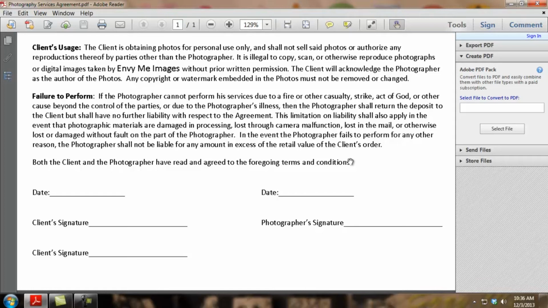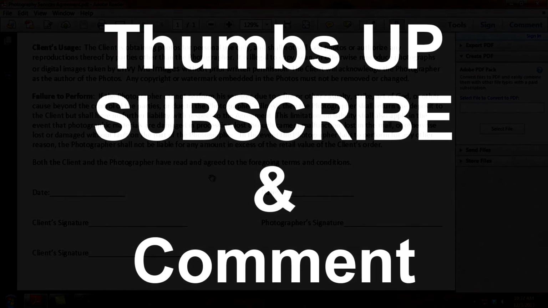So you do want to have this in your contract or agreement, because if something goes wrong, they will try to sue you for a lot of money. And just because you get this signed doesn't mean that they can't sue you. But what it does is protect you, so when you're talking to the judge, you can say, hey, I had him sign this, he reads it, and then the judge is going to decide. Because anybody can sue you for any reason, regardless of what you have, right? Okay, so that's my quick tip about failure to perform. Make sure you include this in your agreements.